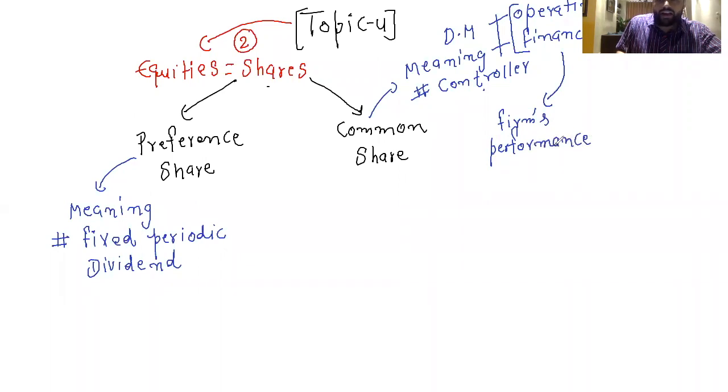It will affect firm performance. If the firm is performing negatively, they will lose their money. Losing their money means they lose their return, they lose their dividend. But preference shareholders will not lose anything because they will receive a fixed scheduled payment. It doesn't matter whether the company is doing good or bad. So the idea is that common shareholders' return